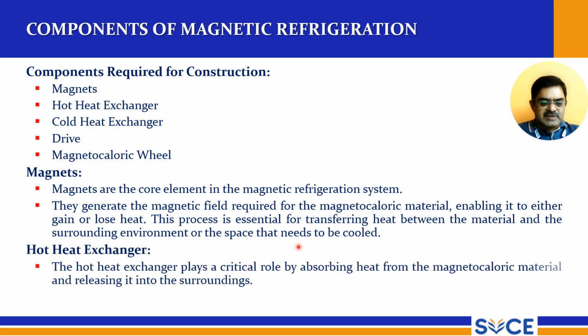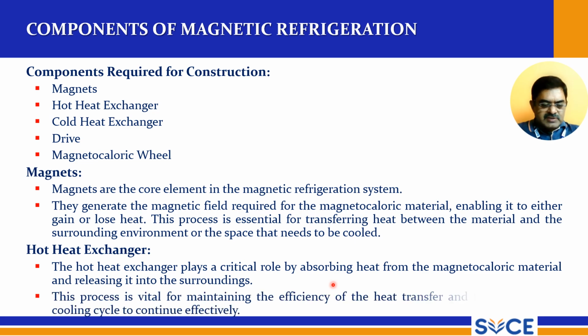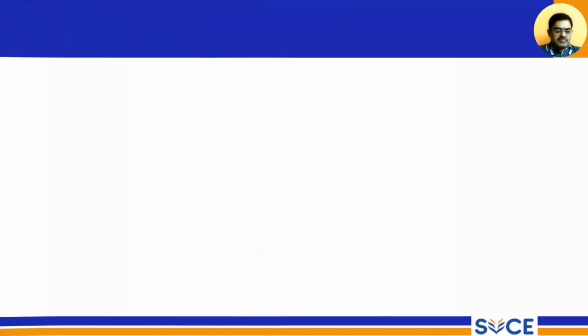So the hot heat exchanger plays a critical role by absorbing heat from the magnetocaloric material and releasing it into the surroundings. This process is vital for maintaining the efficiency of the heat transfer and for enabling the cooling cycle to continue effectively. So this is the hot heat exchanger, and we have